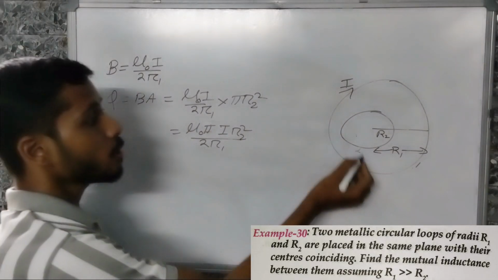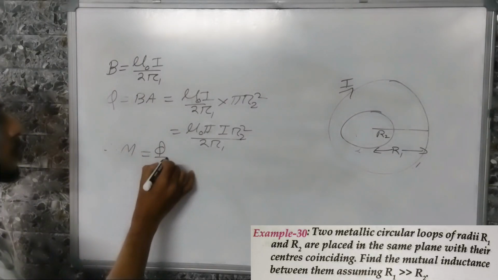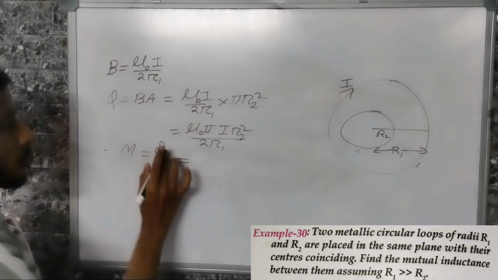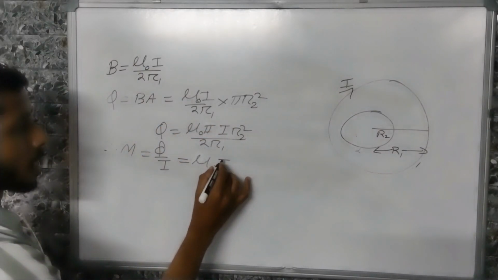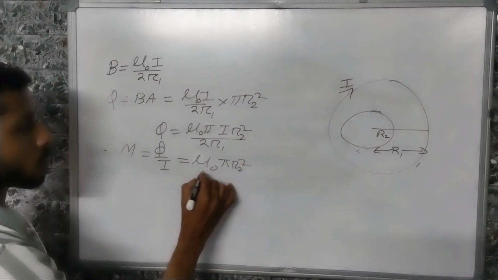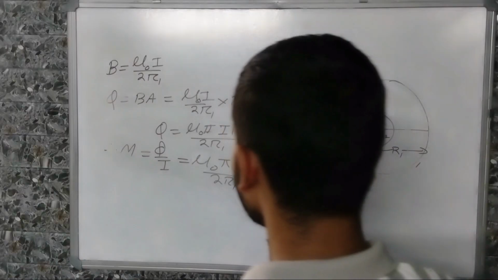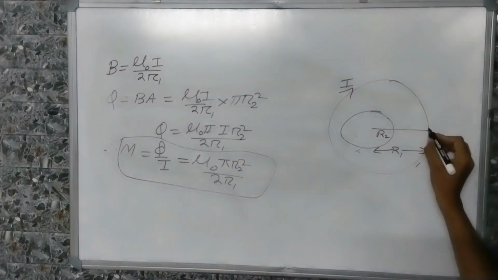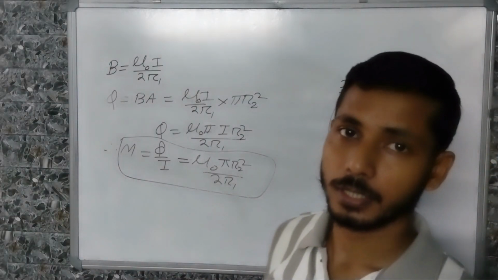Then the mutual inductance between the two coils is M is equal to phi by I. अगर phi by I हम लिखेंगे तो हो जाएगा mu 0 pi r2 का स्क्वायर by 2r1. ये रहा हमारा म्यूचुअल इंडक्टेंस ऑफ अ कॉइल 2 with respect to coil 1 whose radius is R1. ठीक है,